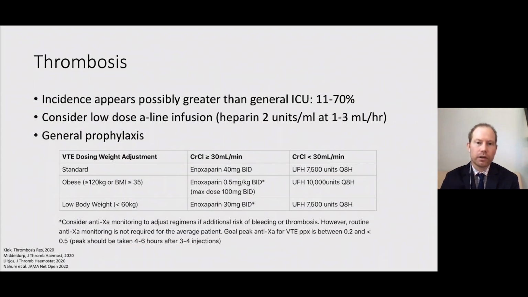Just a word about a couple other issues that we face in the ICU with these patients, and one of them is thrombosis. There does appear to be a higher rate of thrombosis in COVID-19 critically ill patients compared to the general ICU population. This is one area where they do appear to differ. Because of this, our hospital and others have recommended higher DVT and VTE prophylaxis dosing, which you see on the bottom part of the screen.